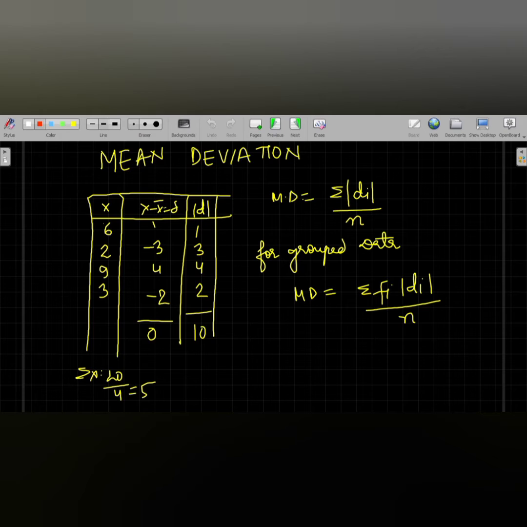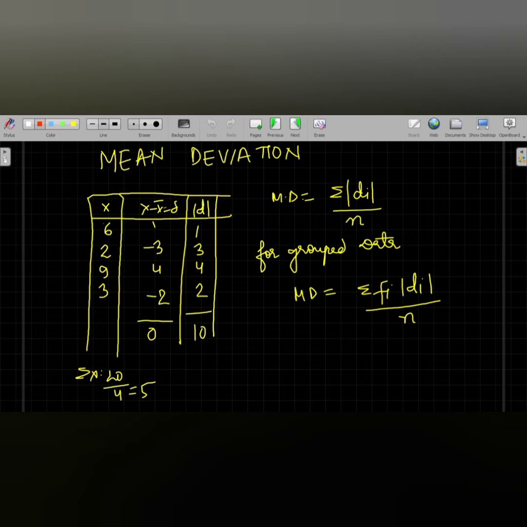So today we will proceed towards the measures of dispersion. In the previous video, part 1, I explained the range and the quartile deviation. The link is given below, so if you have not gone through it, just go through it. Today in this video we will start mean deviation, standard deviation and the variance. We will cover all these three topics and our measures of dispersion will be over.